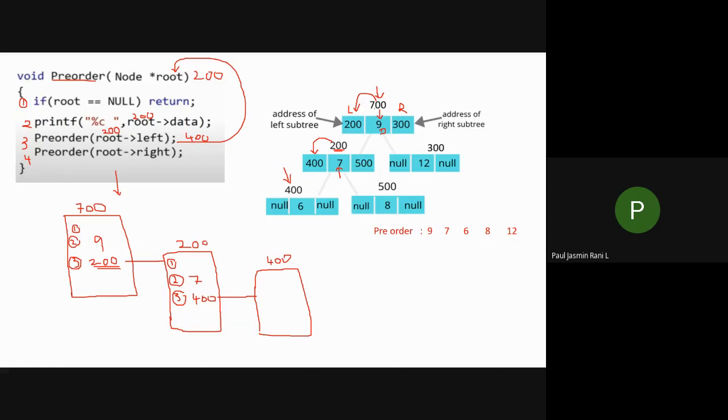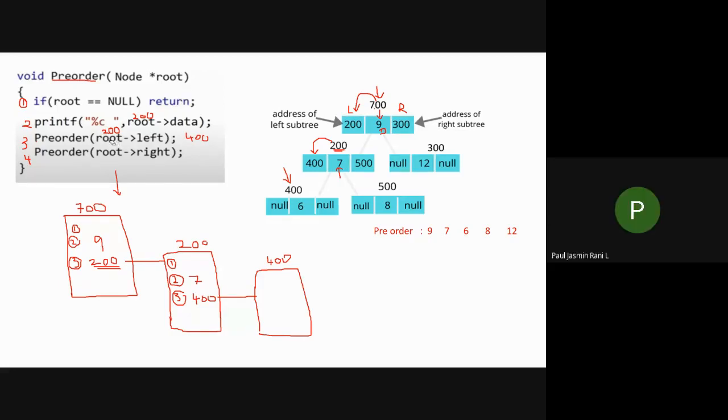So now at present, what is the value of the root node? Can anyone open your mic and tell me what is the current root node value when this root of left is passed? So now what value am I passing as a root value? Null, ma'am.